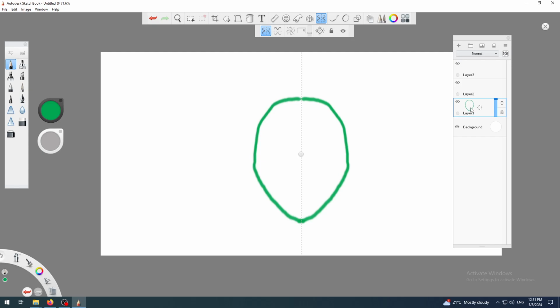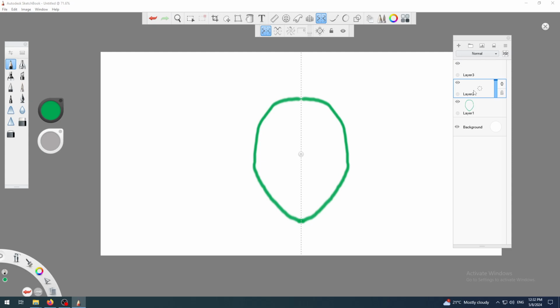Now I need to add some kind of facial feature, like for example eyes. Eyes are important, and I will put them on layer 2. Why? Because I want them on top. If I make a new layer and put it below layer 1, they will be below layer 1, and then when I paint this face, I will not be able to see them. We will show that in some of the next videos. Anyway,